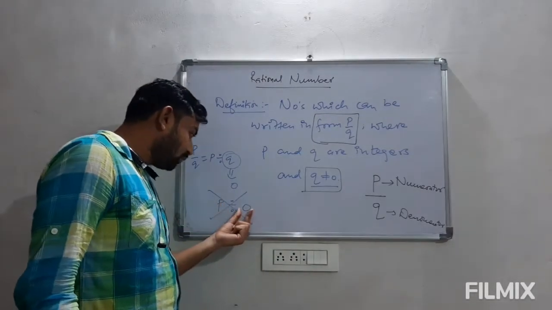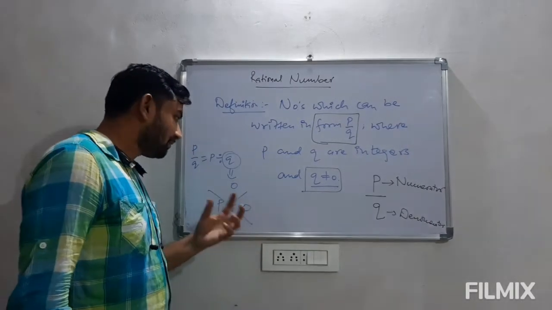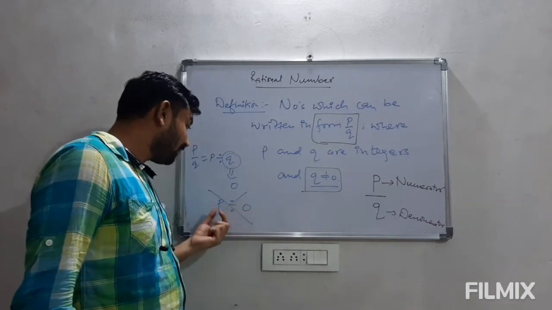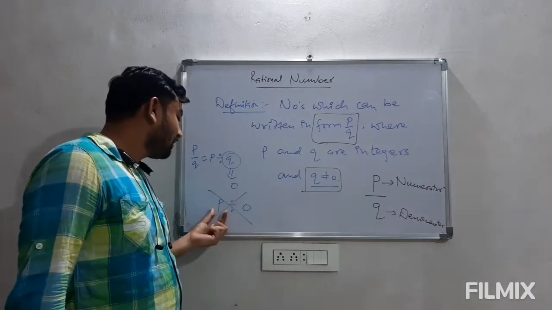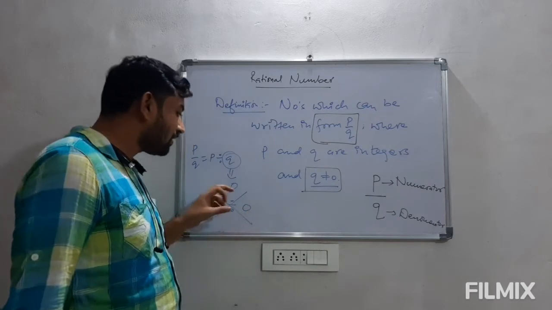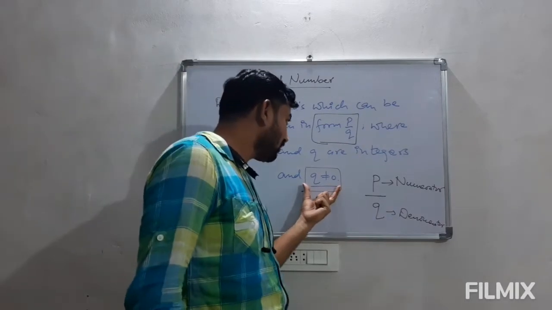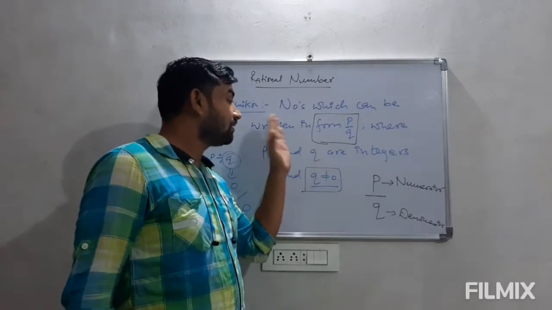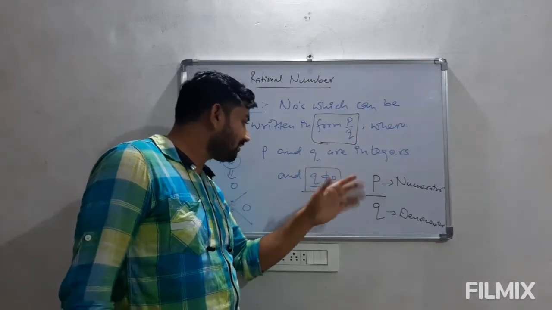So if we write 2 or any number other than 0, we can easily find the number of groups, so we can easily divide p by that number. But here p is an integer, it can be 0, while q cannot be 0, as we cannot divide any number by 0. So this is not defined, so we have to put one condition in the definition of rational number, that the numbers which can be written in the form p by q, where p and q both are integers but q